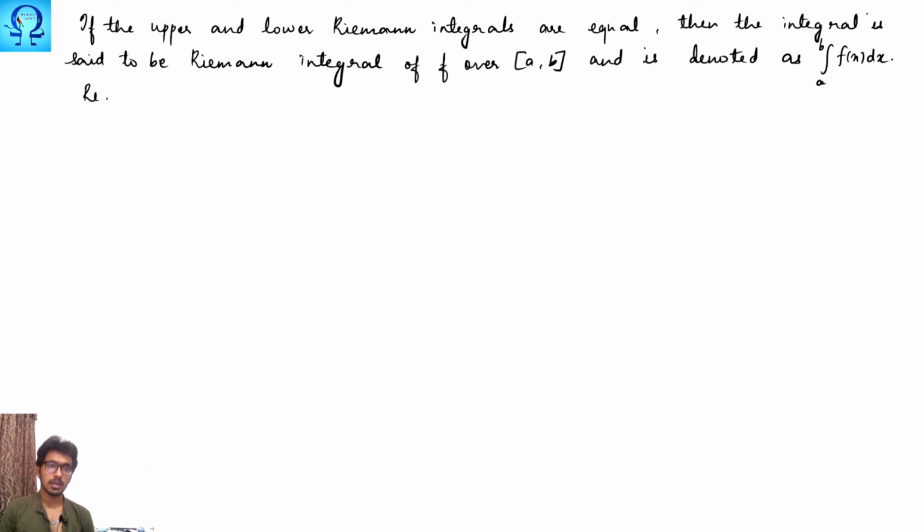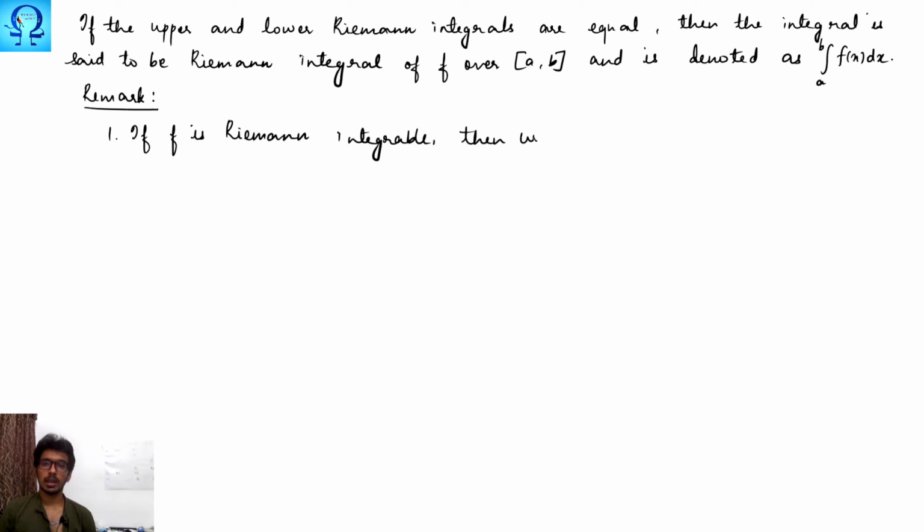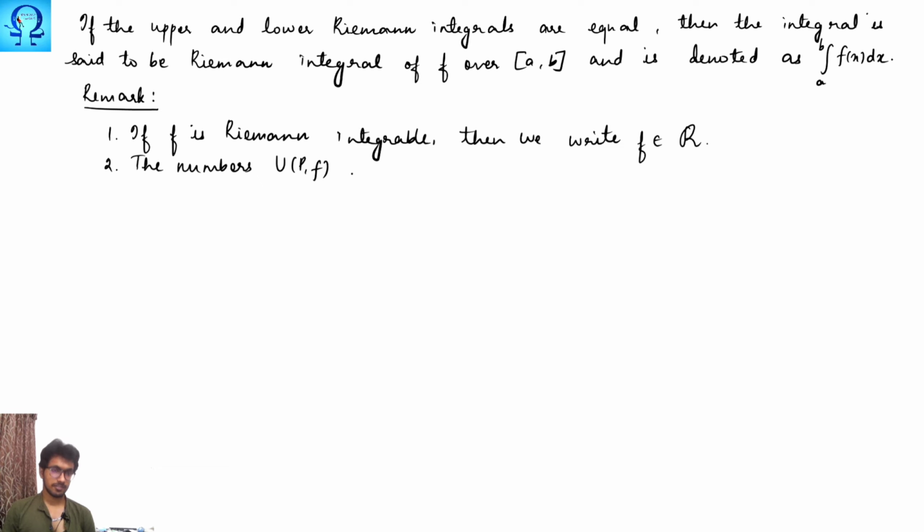Now I would like to remark something. First one, if f is Riemann integrable, then we write f is a member of script R. So this letter is used to denote the set of all Riemann integrable functions, right? And this UPF and LPF, they are numbers. They finally land in some numbers. The numbers UPF and LPF form a